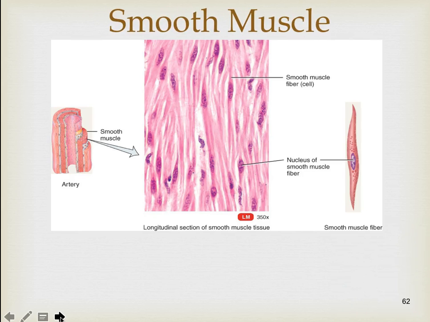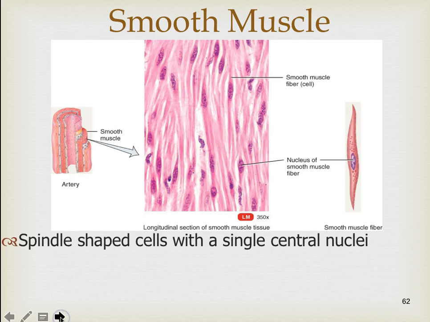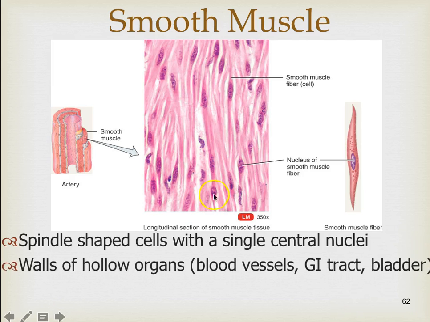The last muscle type is smooth muscle. The shape of these is what's known as spindle shaped, meaning that it's wider in the middle and it tapers at the end. It reminds me of if you have Play-Doh and you're rolling it, it tapers at the end and is wider in the middle. Again, it follows the rule of one cell, one nucleus. However, it has a smooth appearance, meaning that it does not have those striations, which means the way that it's going to contract and the underlying structure is going to be different than the cardiac as well